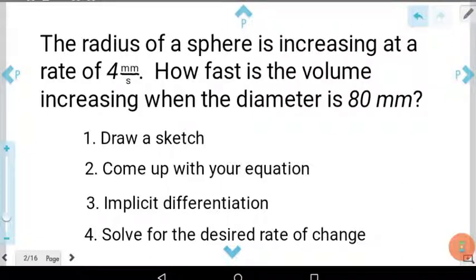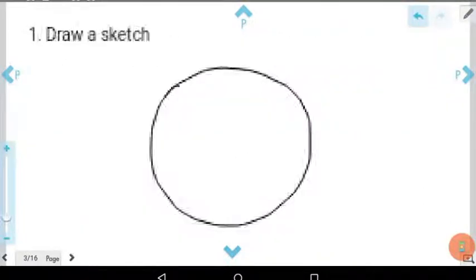And then the third step would be the implicit differentiation. That is where we're going to take the derivative of our equation with respect to time, and that's where our different rates are going to come from. Once you've done that, that's going to introduce the different rates of change, and then the fourth step is obviously just to solve for the rate of change that the question asks you about. So let's go ahead and get started